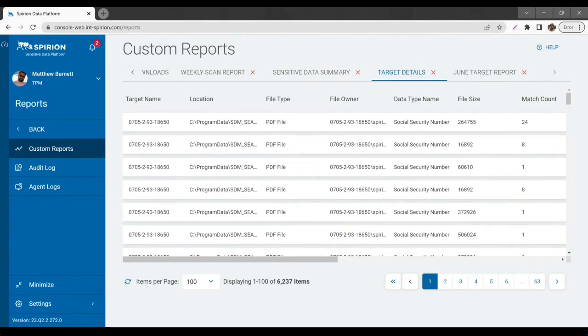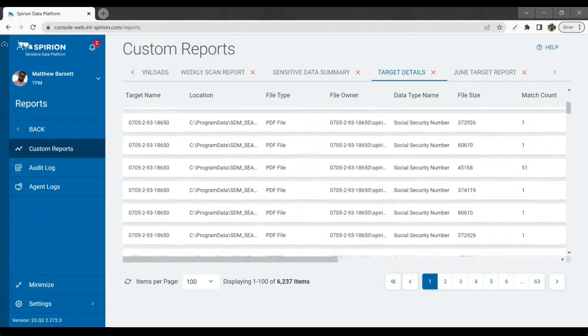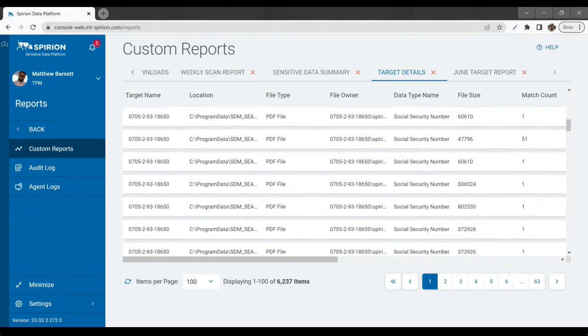And first, we'll talk about why the data set is so large. One, we have a list of targets. You'll see this is the exact same target over and over again. A target being something like an individual user workstation. It could be a SharePoint site. It could be a database. Whatever that is, that would be the target, and it's also going to have a list of locations. Or more specifically, that's going to be a list of files that are inside the application or inside the targets that are being scanned. And we list that as a location because it is going to list the full file